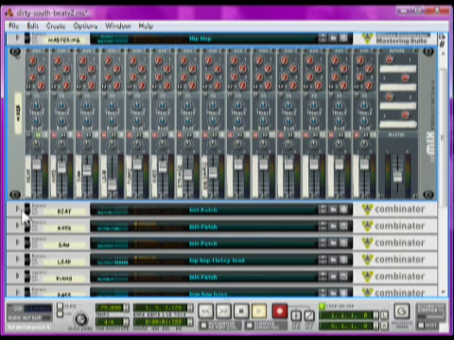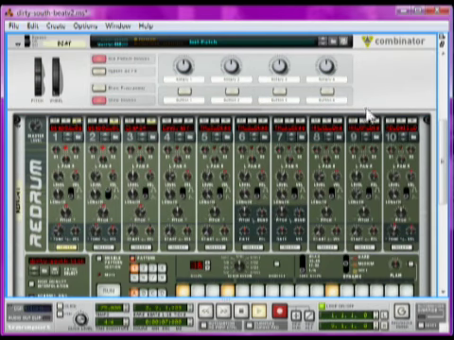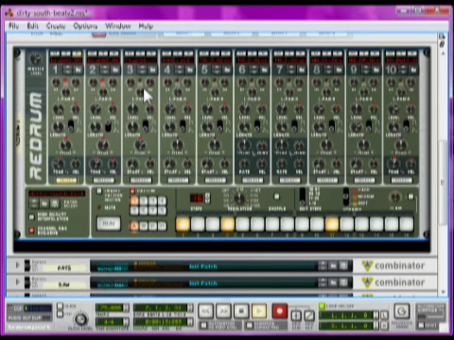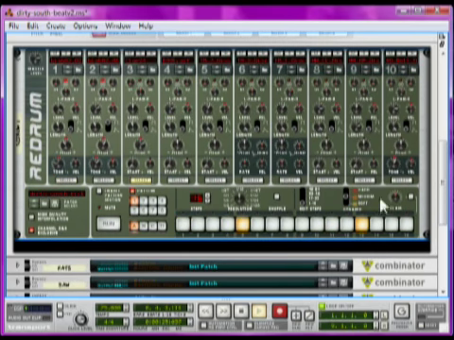There it is. Okay. Now, I've just made this simply with an instance of Redrum inside a Combinator. Combinators keep everything tidy. And it's just 3 samples, 1 for the kick drum, and 2 for the kind of snare effect. A snare there, and a clap, combined together to give a more interesting kind of texture. And the claps are on the 5 and 13, which is kind of a staple for this genre of